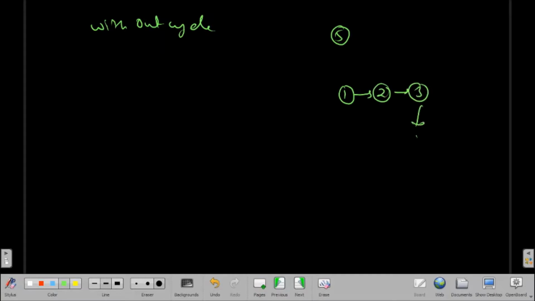Let's take an example first, without a cycle. Let's suppose we have 5 courses: course 1, course 2, course 3, course 4, course 5. What does this graph represent?